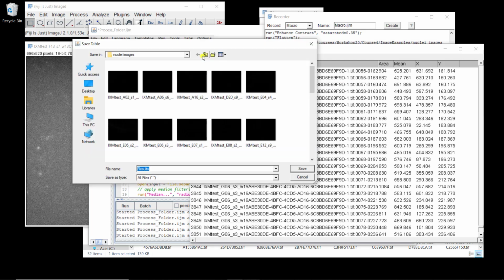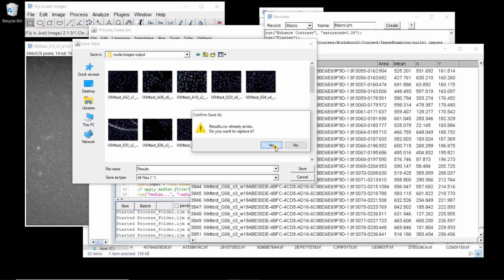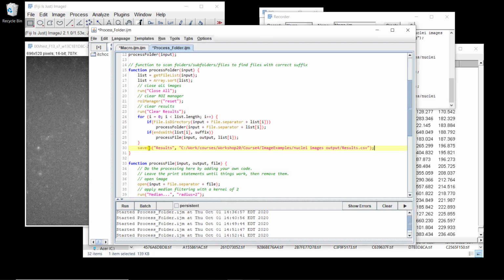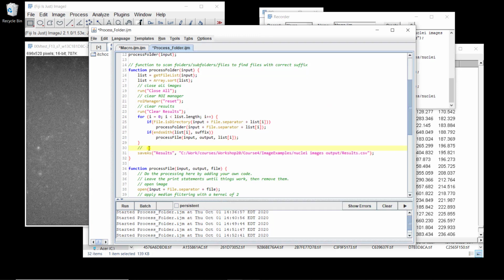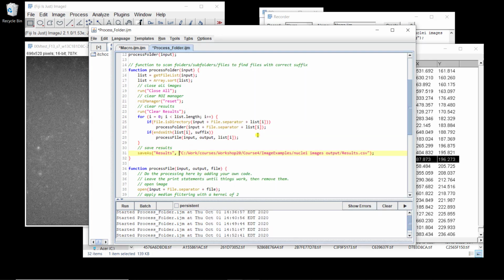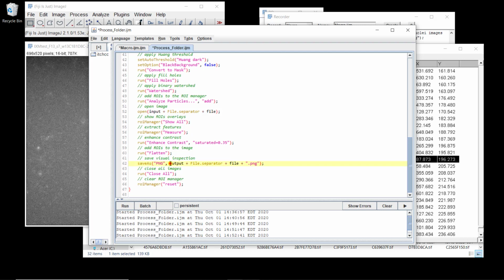Let's just try to save it. I'm gonna erase. So yeah, so you see you could add it. So save results and save as some results. That would be this results, and then instead of doing this, we could copy and paste what we had here,